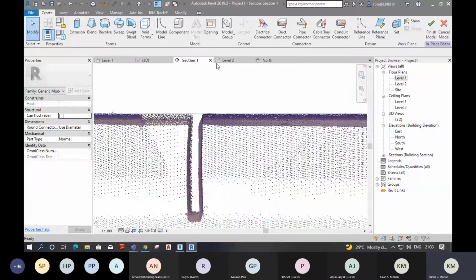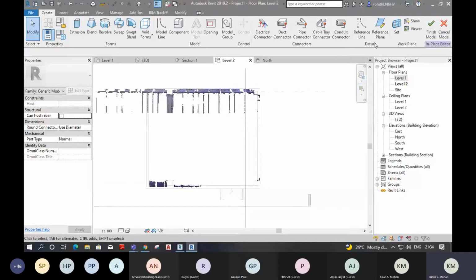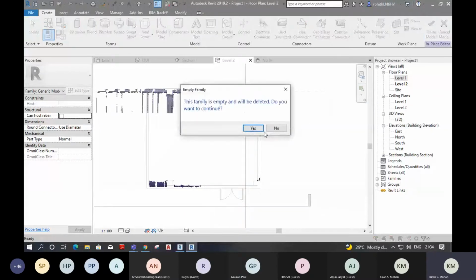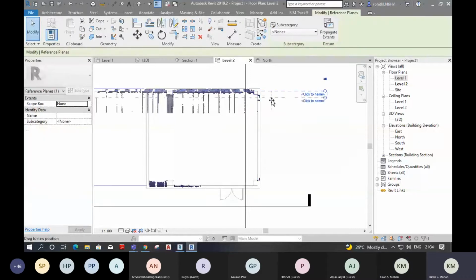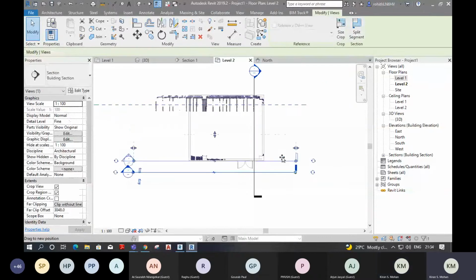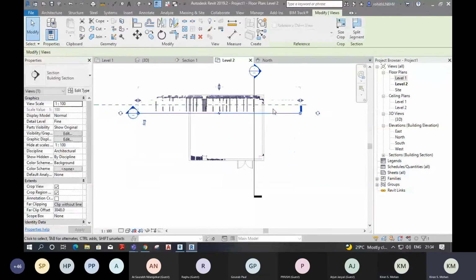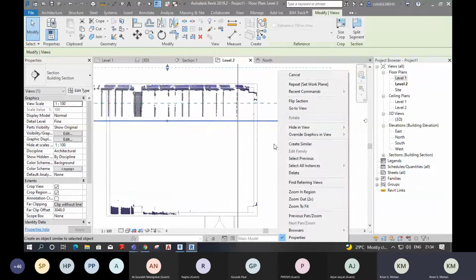Now it's fine. Section 1. Yeah, we have that particular data of the section of the joist.